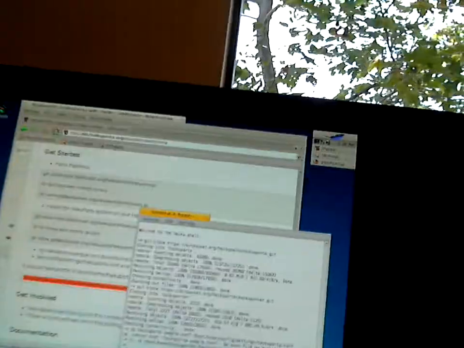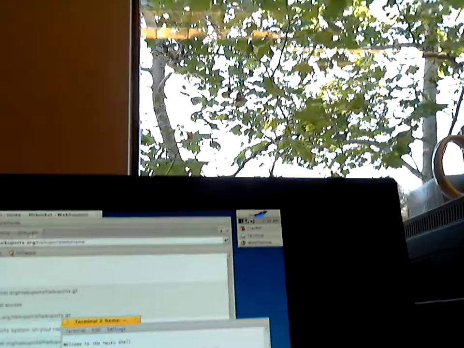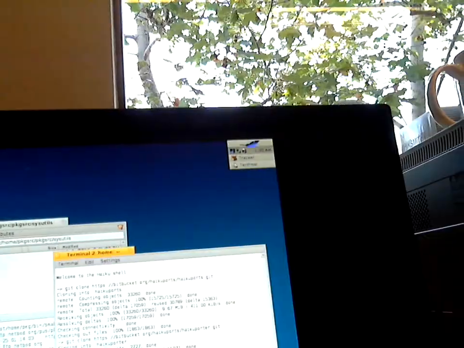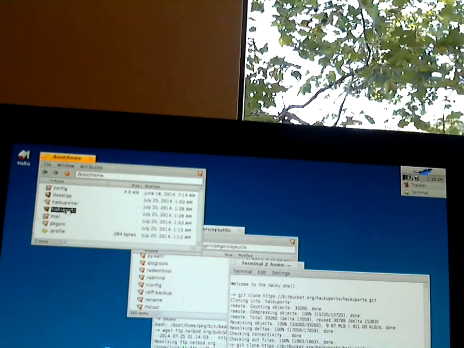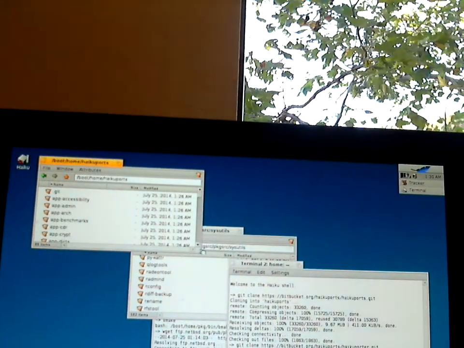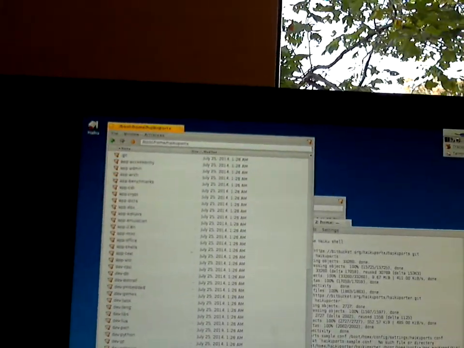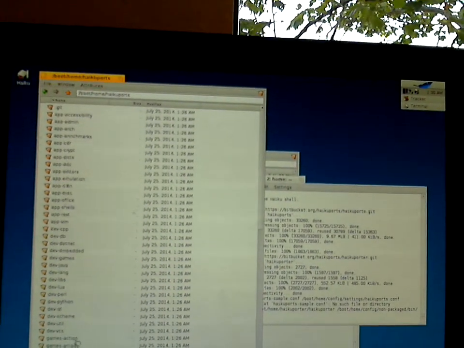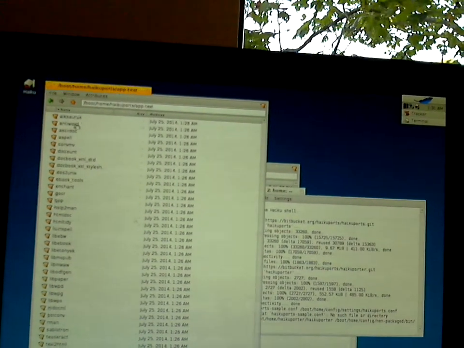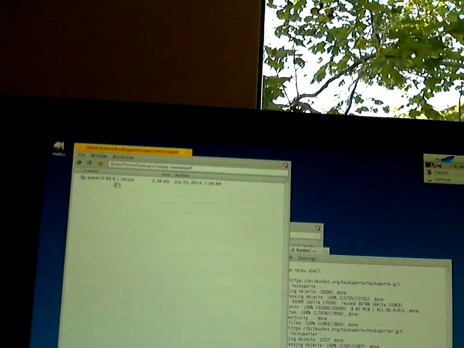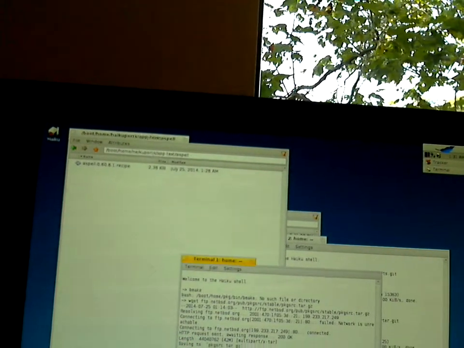Okay, so I'm actually done with that. Now, the way Haikuporter works is first you got to figure out what's actually available. And the way to do that is not to guess, but you can go in your home directory, Porter reports, I think. Yeah, these are the recipes in here. So package source would be very similar. Let's say I wanted to use, I don't know, a spell. So here's a recipe for a spell. Now, if I remember this correctly,